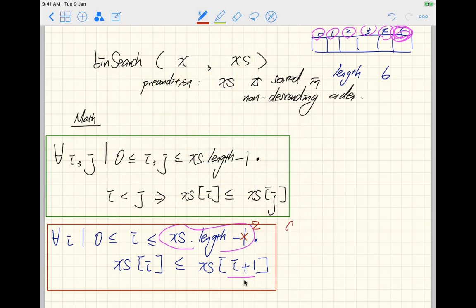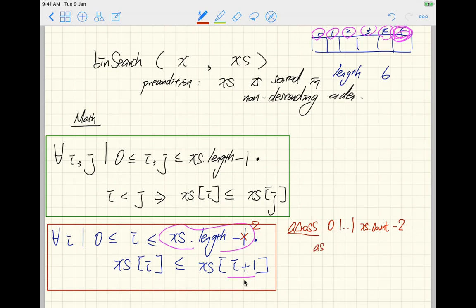You're going to say across, which is a keyword in Eiffel. Across an integer interval, which will start from 0, vertical bars, dot dot, and then to xs, and the array is a class in Eiffel. You don't say length, you say count. That may be something you have picked up already, but if not, you can just learn it. And count minus 2, which means across